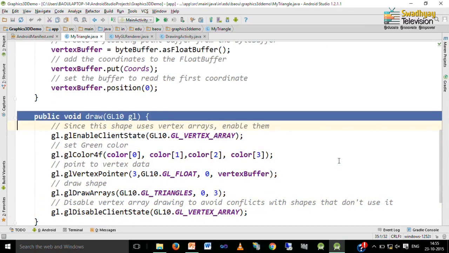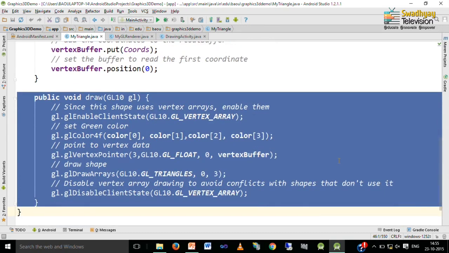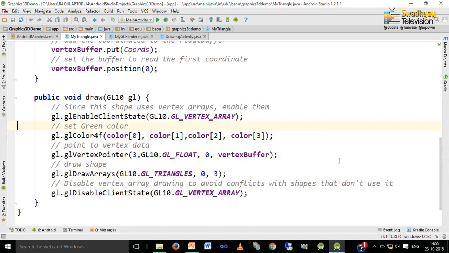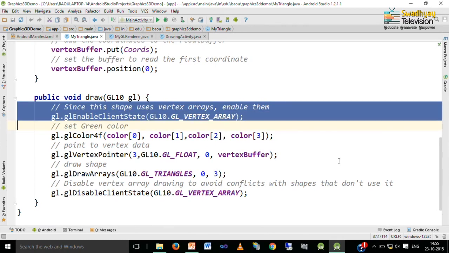Now, inside this draw method we have to actually specify how to draw this primitive. In the constructor we just load our coordinate data into the float buffer, but inside draw we actually draw the shape by reading from this float buffer. So, first you have to call this method so that OpenGL can use the vertex array. So, we write enableClientState and inside this we specify that we want to read from the vertex array.